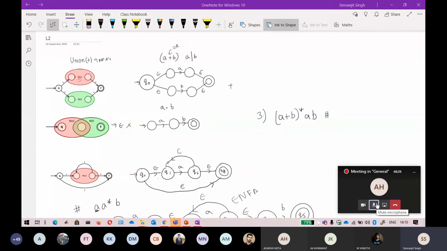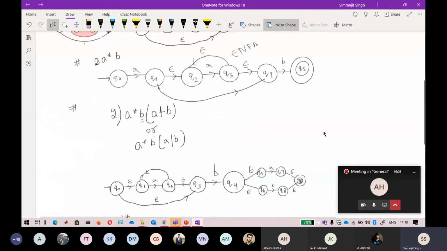Okay, the solution given by Phanindra is absolutely correct. Saksham's solution is also correct, but it only represents A plus B star. A plus B star is also followed by AB. This is incomplete, but I get your point that you just do not have enough space to write A and B. So I think you also got the solution there, Saksham. Well done. So again, this is a simple one here.